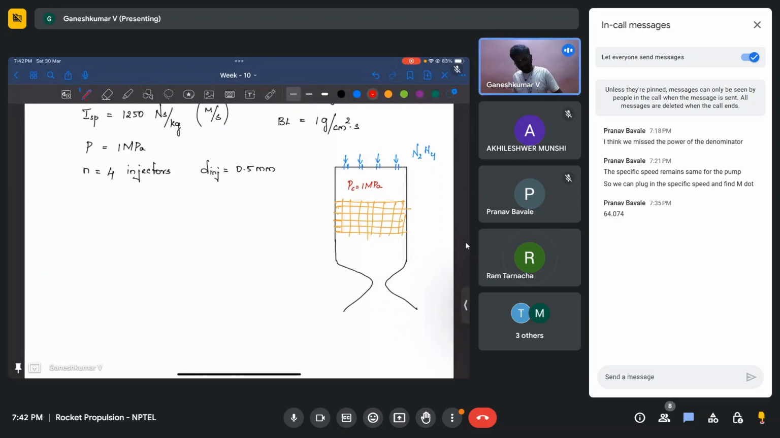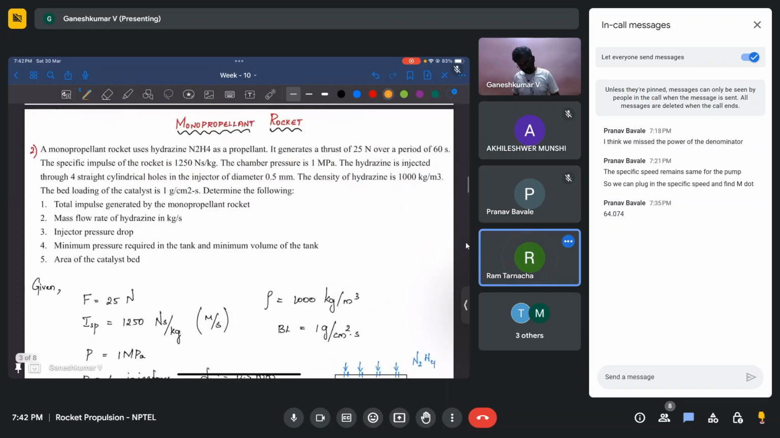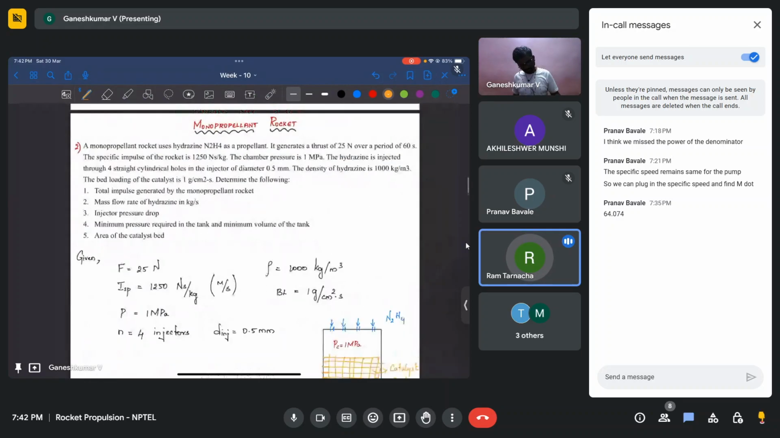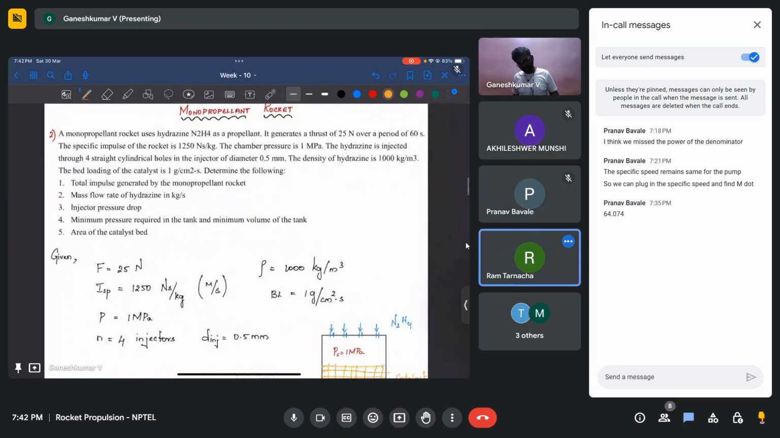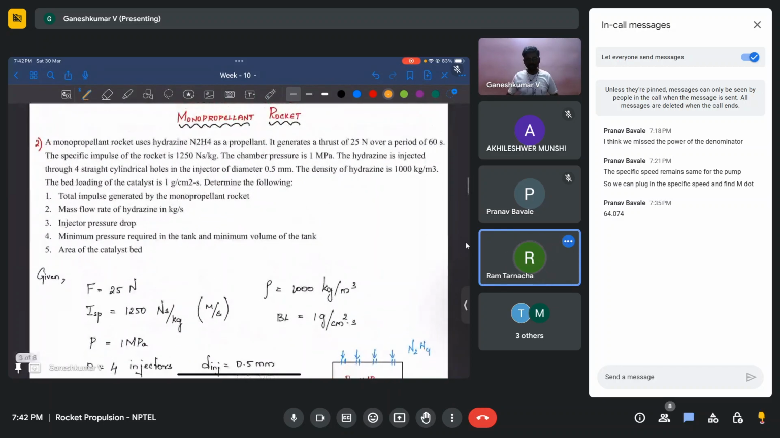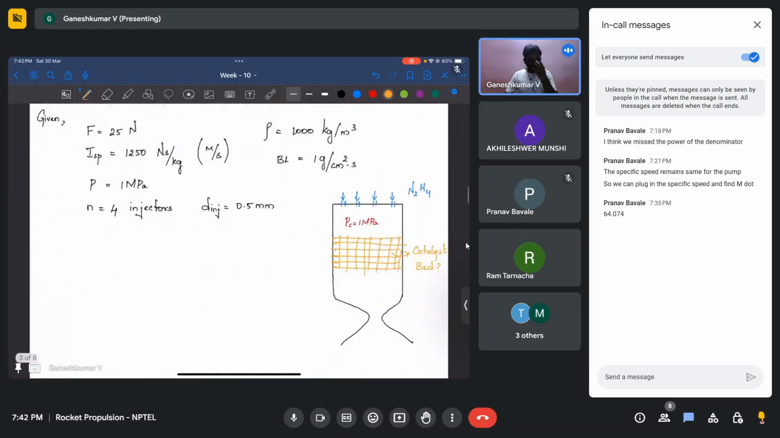So why do we have a catalyst bed here? This is a question you should ask me. What is the reason to have a catalyst bed? This is to initiate combustion, otherwise the monopropellant will not burn. Correct, correct. So it is basically to initiate combustion, but in addition to it, what it also does is